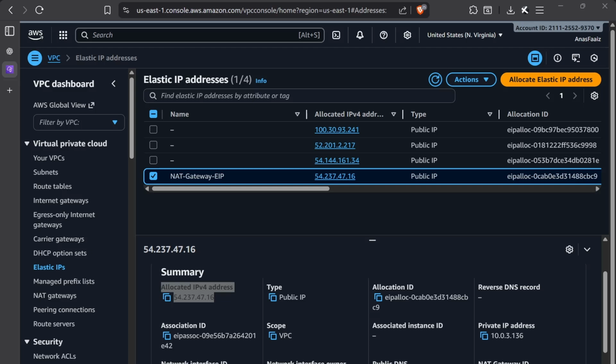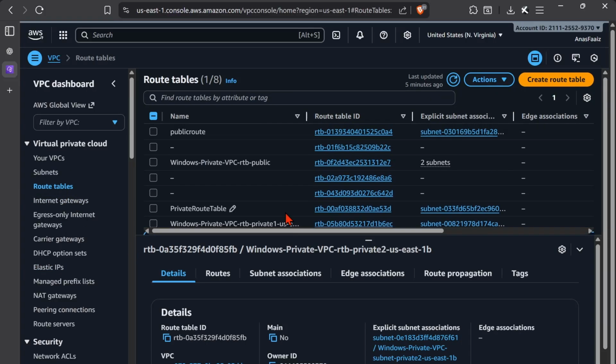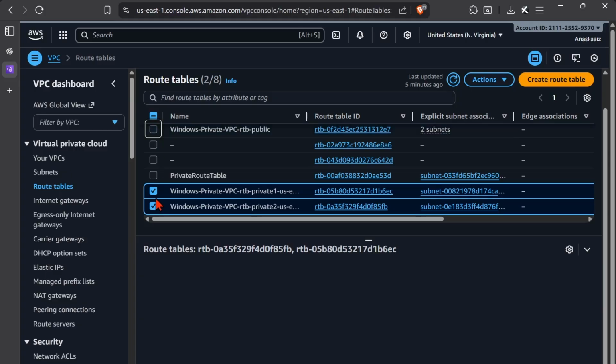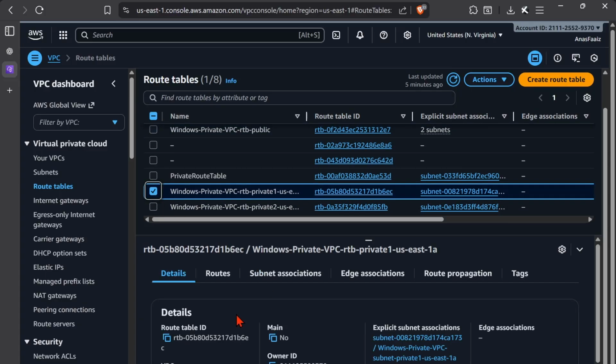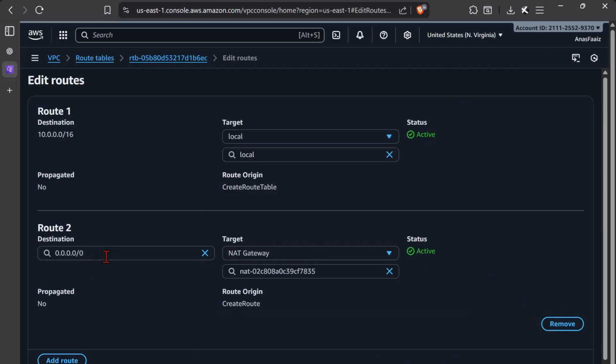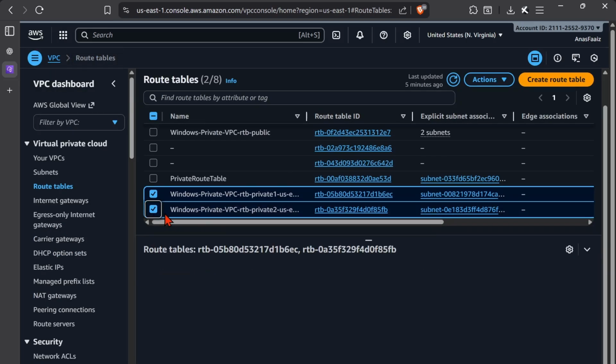Okay, so next we move to route tables. Here also you can see these three tables. These are what automatically got created. So first we'll move to private tables. Here you need to go to routes, edit routes, and add route. In that you need to add this destination. Target is NAT gateway. Select your NAT gateway and simply press save changes,